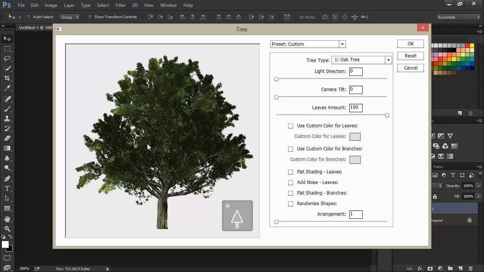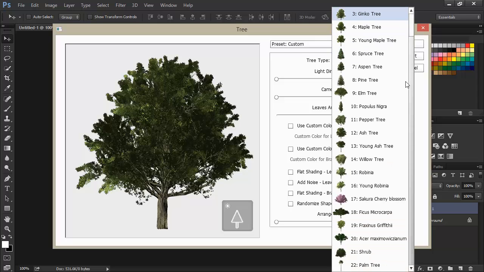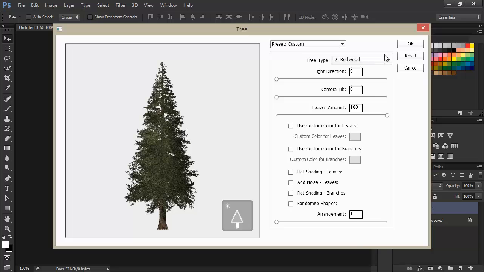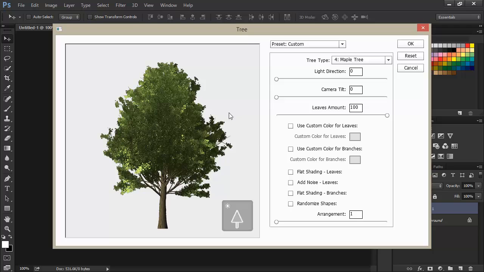So right away we get this pre-rendered tree here, and we can see the type is of an oak tree. But we've also got a bunch of different types of other trees that we might want to use. For instance, a redwood. We can choose a maple tree. Maybe I'll go with maple tree here. And there are some really interesting things that we can do. We can change the light direction. And you can see as I move the light direction, we can see the sun actually move around this little tree scene right here. We can change the tilt of the camera